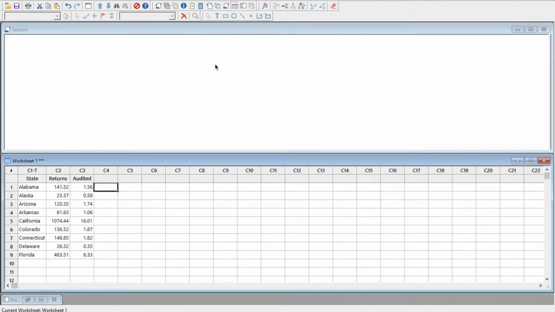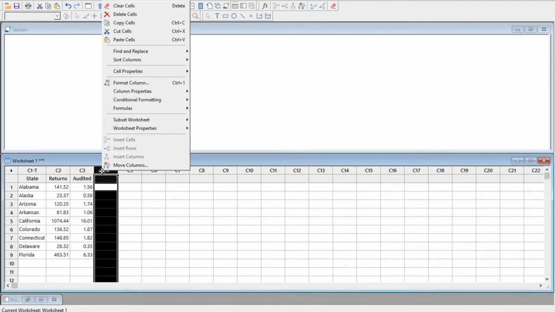Tutorial on how to add a formula or an expression to a column. So let's say that we wanted to look at the percent of returns that were audited in column C4 for every state. So the first thing that we would do is we would right click or click with two fingers